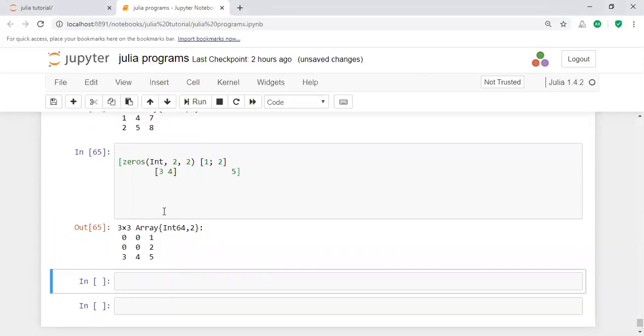Yes, see this one. 0 integer value. Integer value here 2 by 2 of 0. After that 1 comma 2. That means the first row is 2 by 2 0. After that 1 comma 2. After that 3 4, not comma here, and then 5. Here in this way you will implement a 3 by 3 matrix without the 0 related information. Here that is a 3 by 3 matrix.